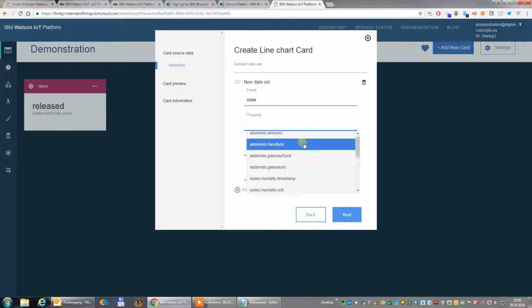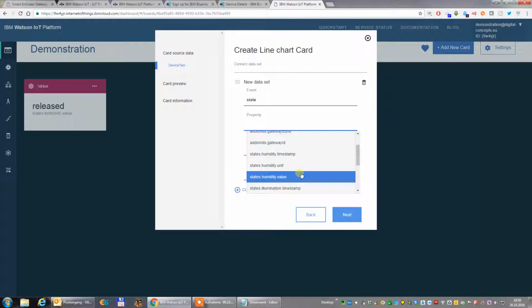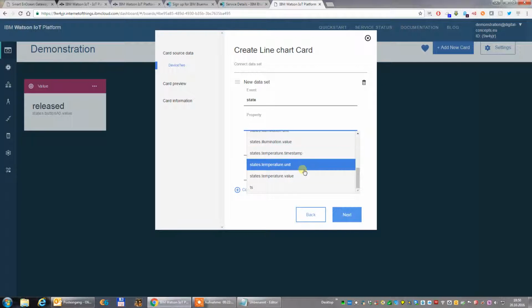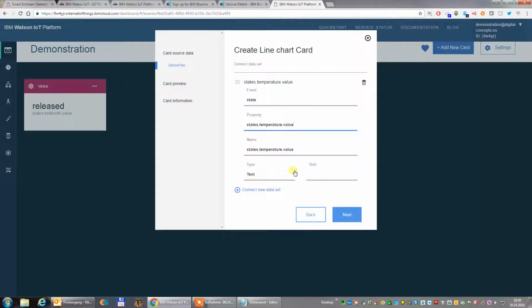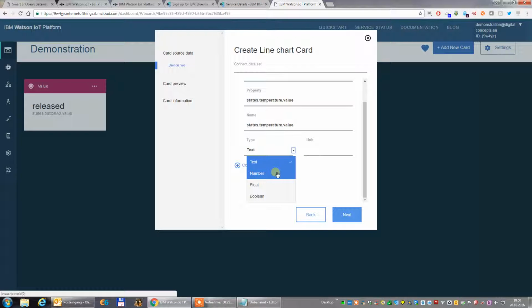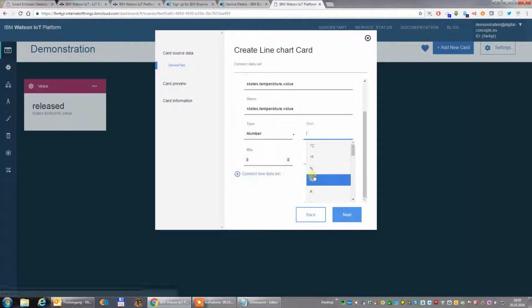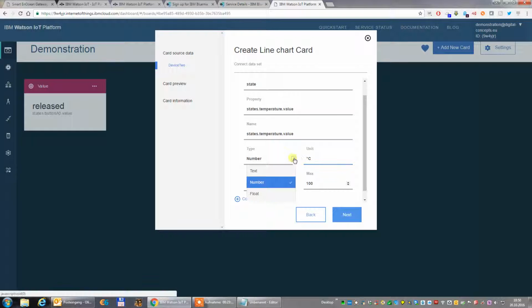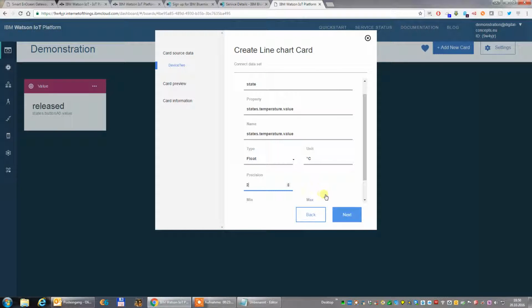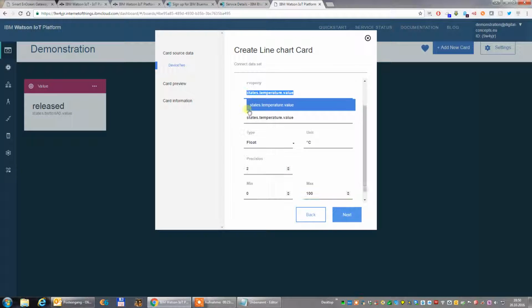We have a humidity value, an illumination value, and a temperature value. I'm going for the temperature value because it's a number and the unit is Celsius. I think it's a float because it has a 2-digit precision. Float unit states temperature value, and I would call it